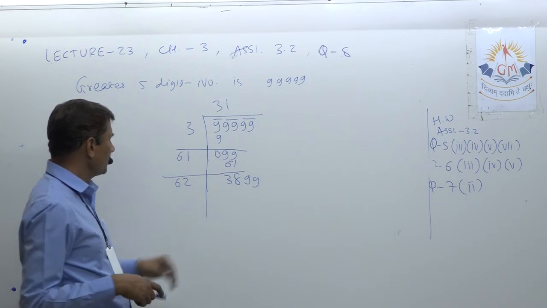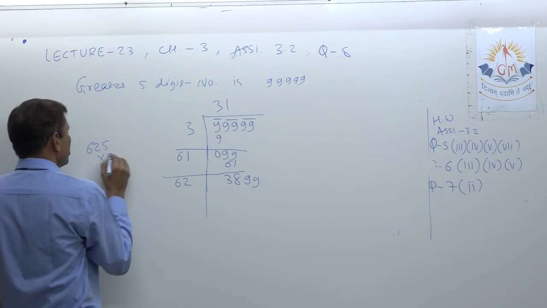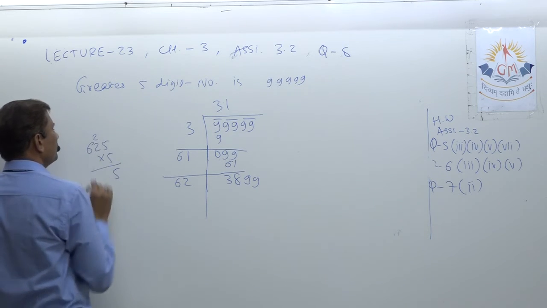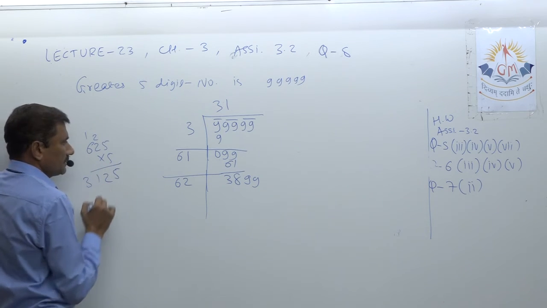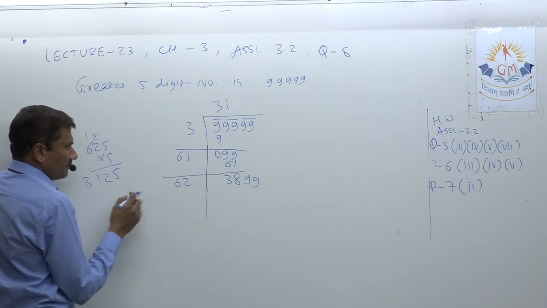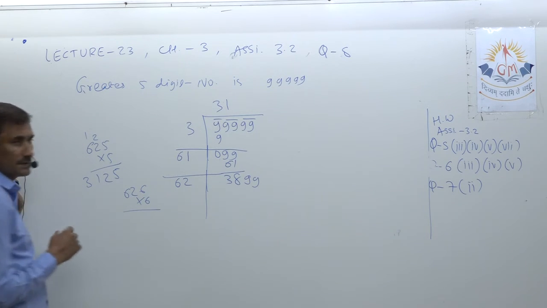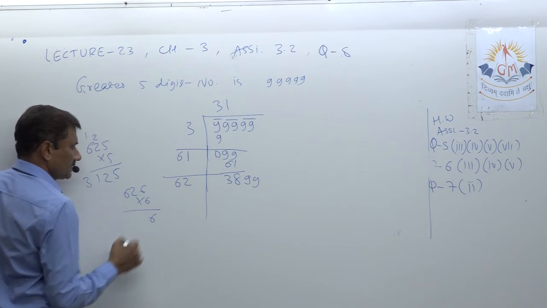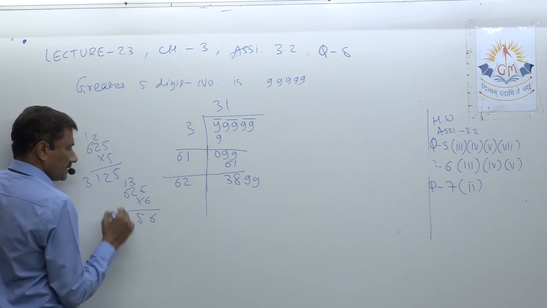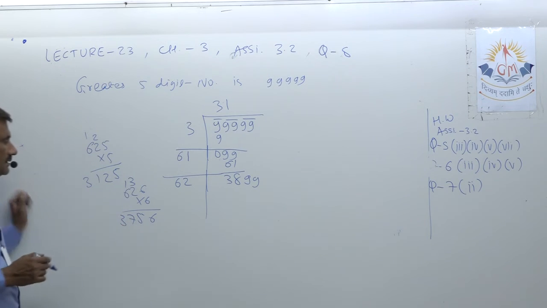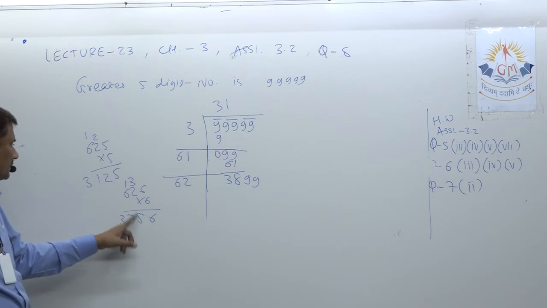So 621 into 1, 622 into 2, 623 into 3, likewise. It is quite a longer number. Let's directly jump to 625 into 5. Whatever, may try. 5 5s are 25, 2. 5 2s are 10 plus 2, 12. 6 5s are 30 plus 1, 31. So we are still far from that number. So try 626 into 6. 6 6s are 36, 3. 6 2s are 12 plus 3, 15. 6 6s are 36 plus 1, 37. Okay, verify once: 36, 3; 12 plus 3, 15; 37.